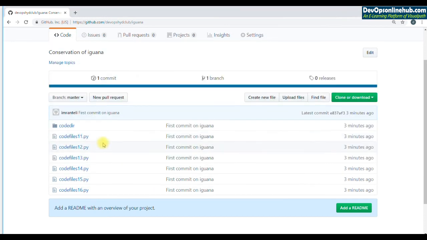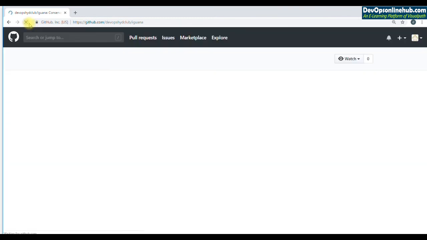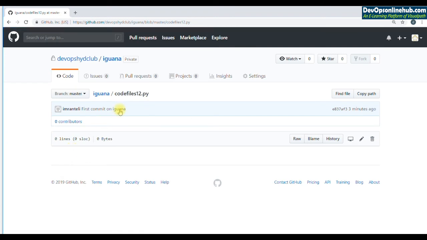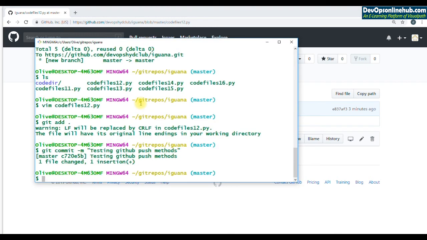So we can check that. We'll refresh this. There is nothing in code files 12.py. This is a separate copy on GitHub, and on my local system, this is a separate copy. When I say git push, then it will be merged.